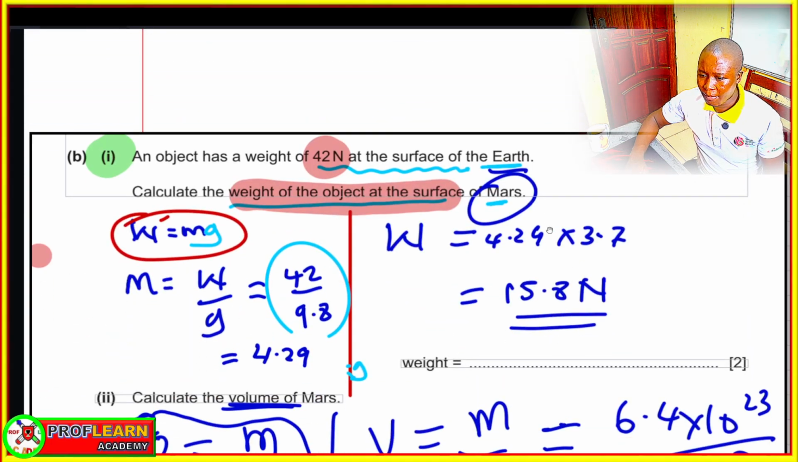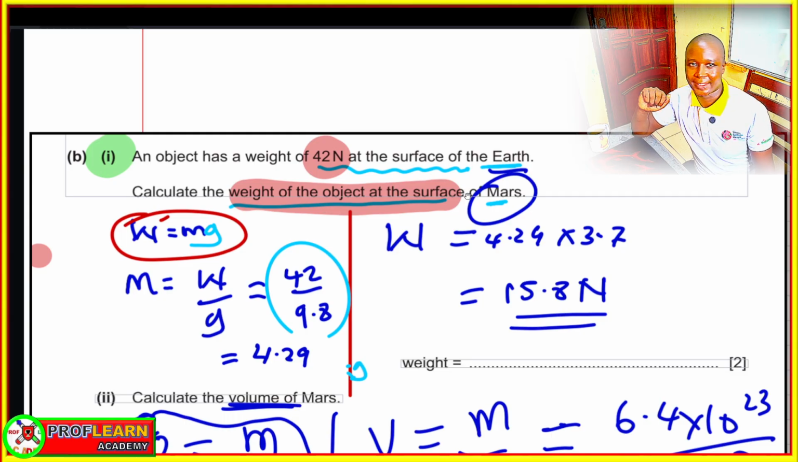All right. An object of weight 4.2 newtons at the surface of Earth. Meaning that we can be able to get the mass on Earth. Okay. Now calculate the weight of the object on Mars. So what we needed to understand there is that